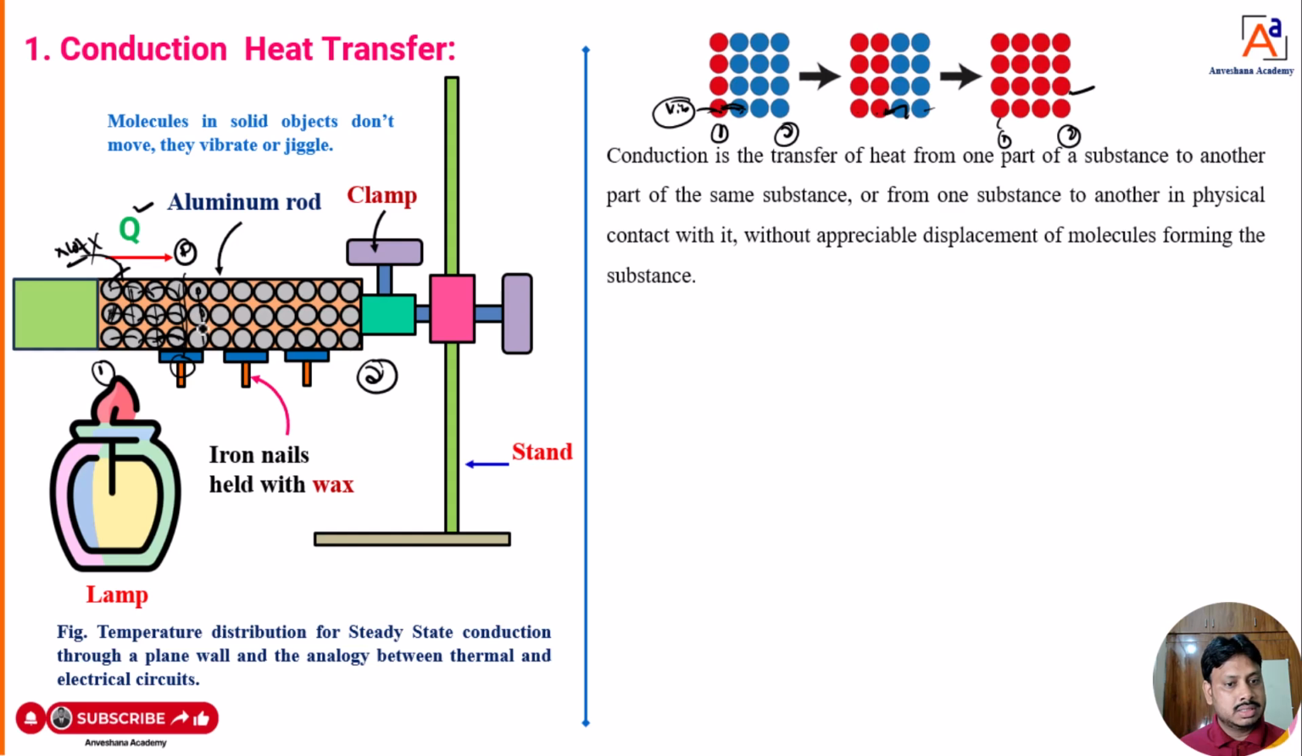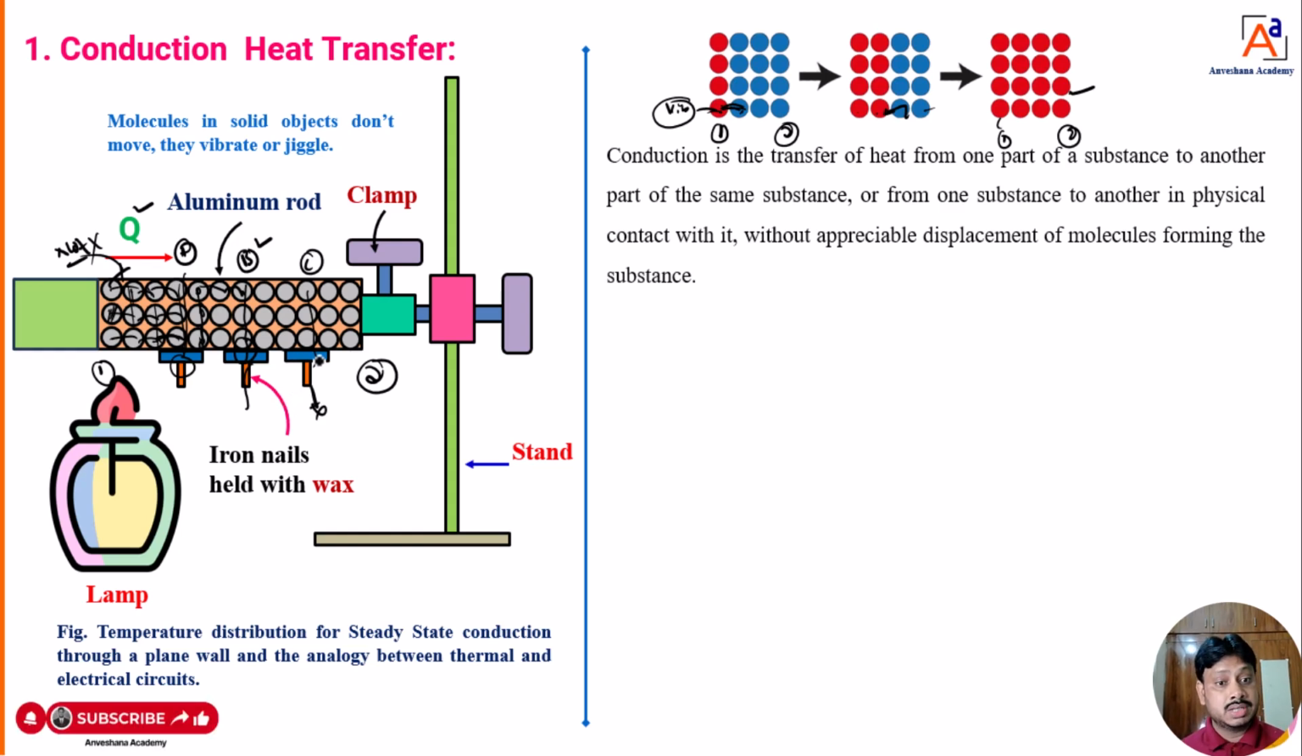Now these molecules get heated, next gets heated, next heat is going to transfer to these molecules. Once the heat is transferred to these molecules, then what happens? Again the iron nail which is held here with wax, the wax is going to melt, hence the iron nail is going to fall down. That means heat is transferred to this particular point B. Like that, again point C, the third nail is also going to fall down because of the conduction